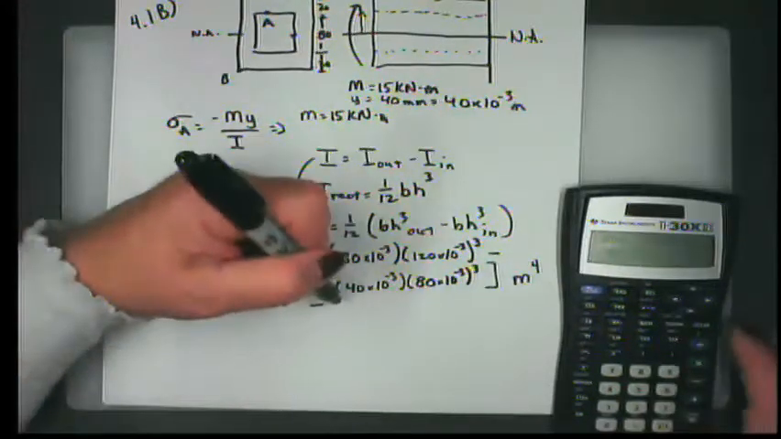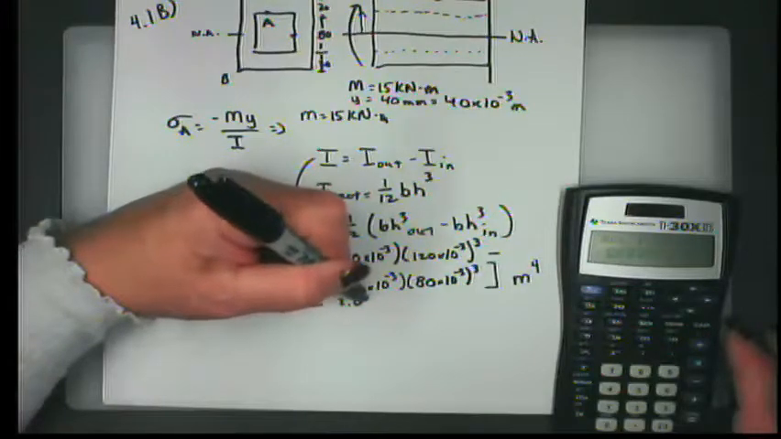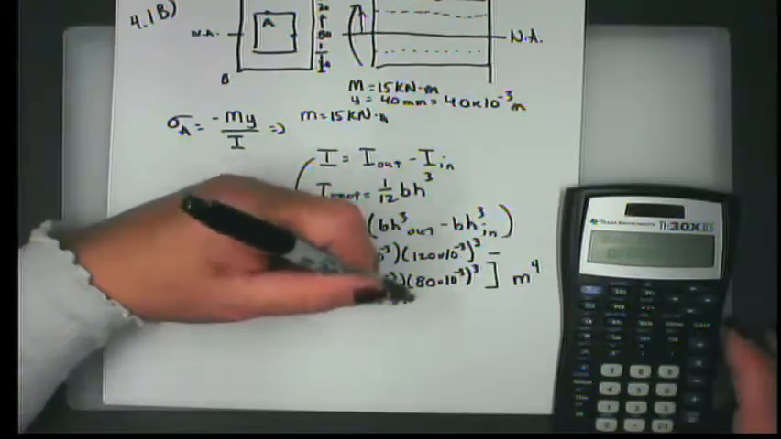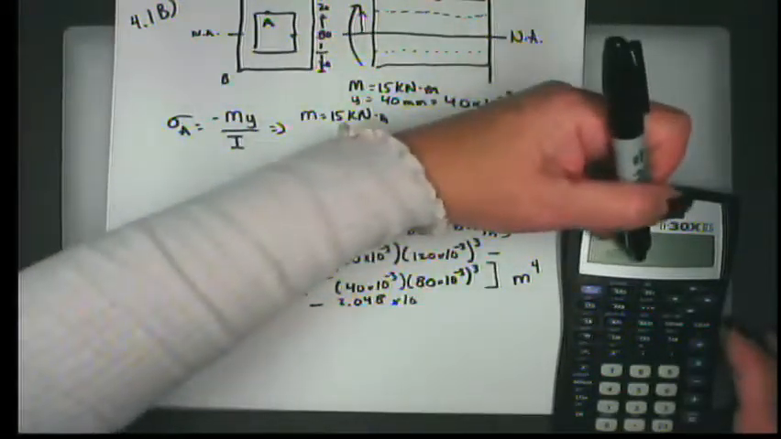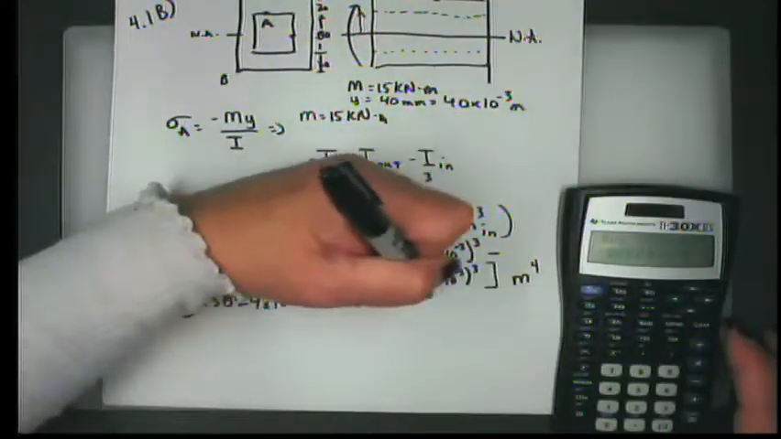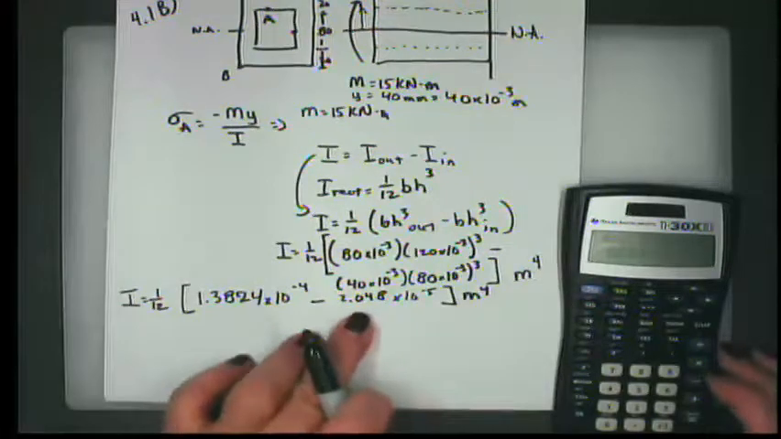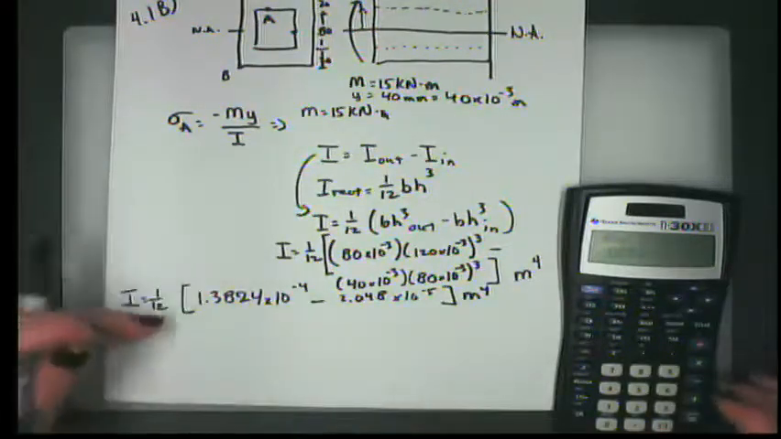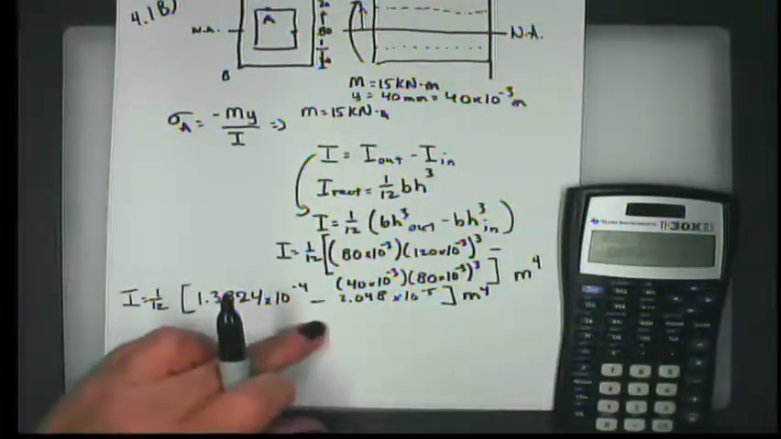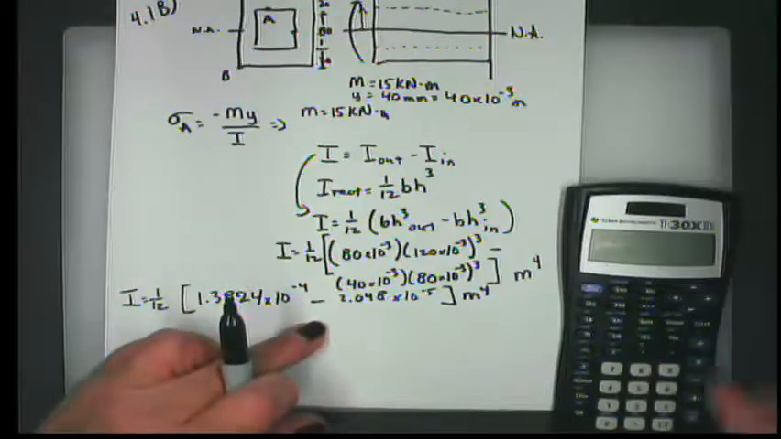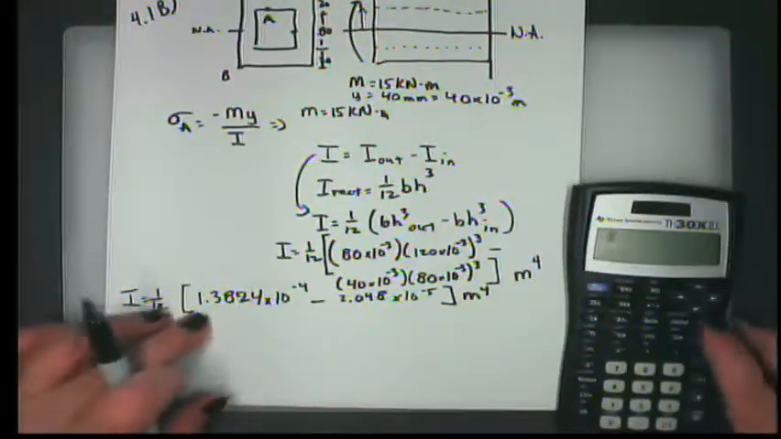Which is 2.048 times 10 to the minus 5 meters to the fourth. So if I take this number and I subtract it from this, oh shoot, don't do that. So I have